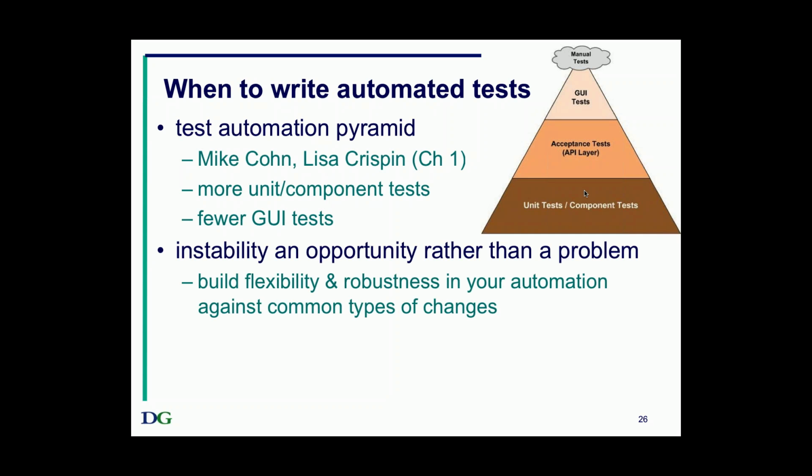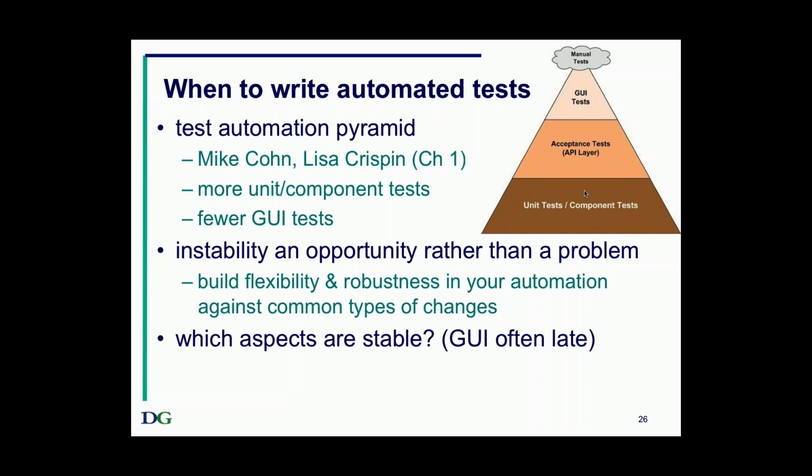If you can anticipate what the most common kinds of changes are going to be in maintenance, make your automation so that whenever that type of thing changes, the automation will just work, or you need minimal change to it. For example, if they keep changing the names of things, then build yourself a table where you adopt standard names used within all of the automated tests, and then just plug in the current name of whatever that thing happens to be whenever it changes. And then all your automated tests will still work.